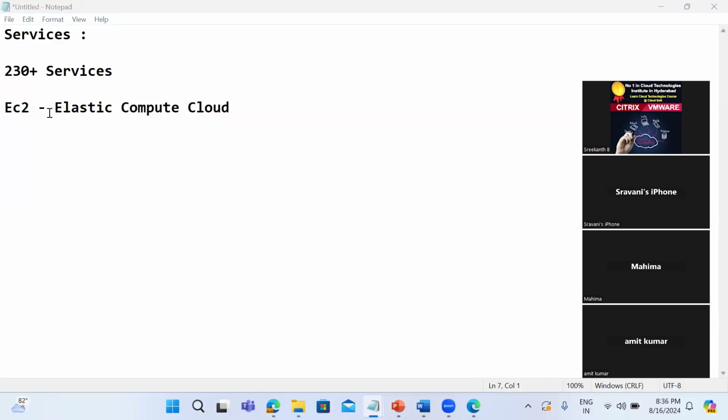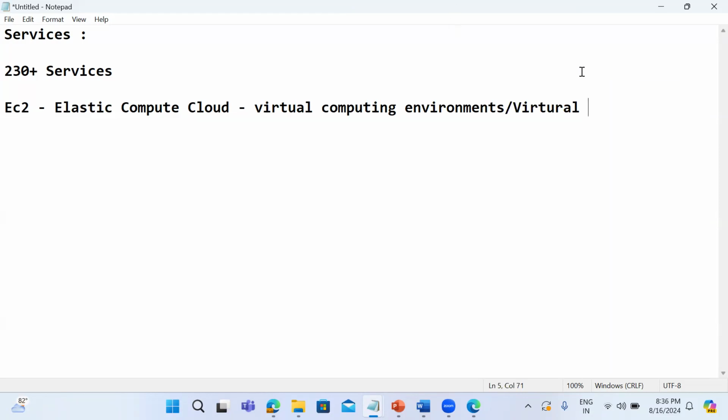EC2 stands for Elastic Compute Cloud. I'll give a brief explanation of what EC2 is going to provide. EC2 is going to provide virtual computing environments, or virtual servers. Then VPC. VPC stands for